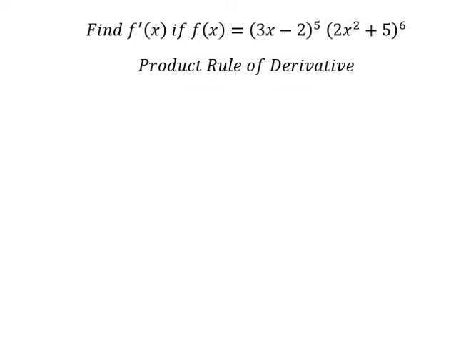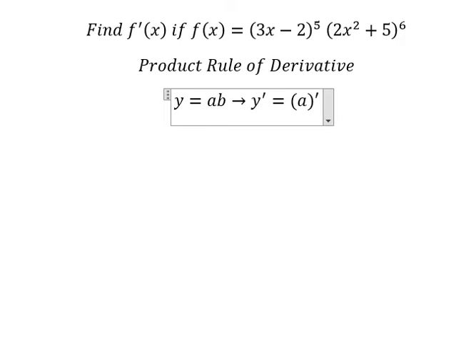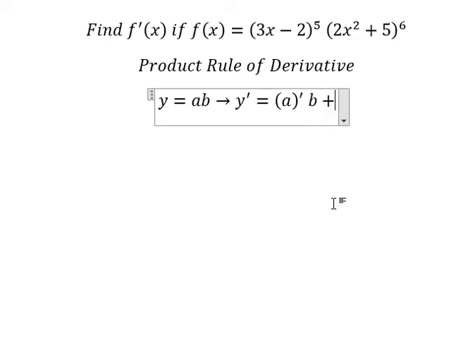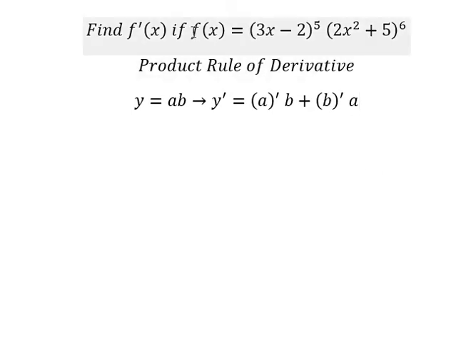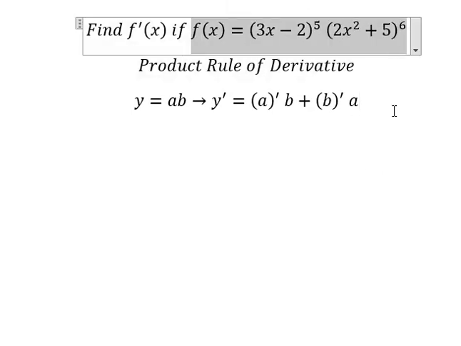So, for example, we have y equals ab. If we do first derivative of y, we need to do first derivative of a multiplied by b. Later, we do first derivative of b multiplied by a. So if we do first derivative of this one,